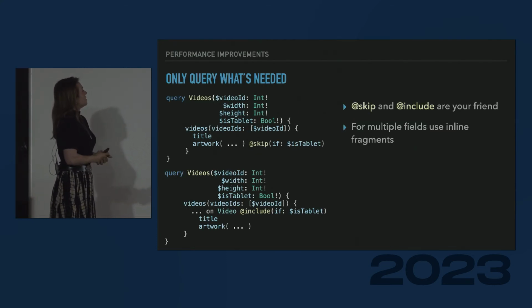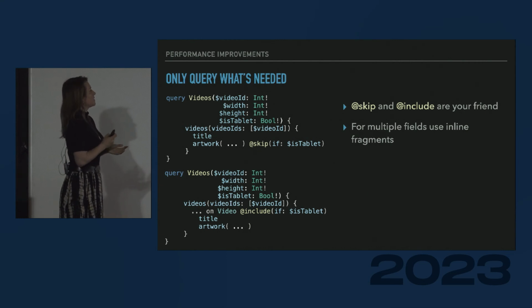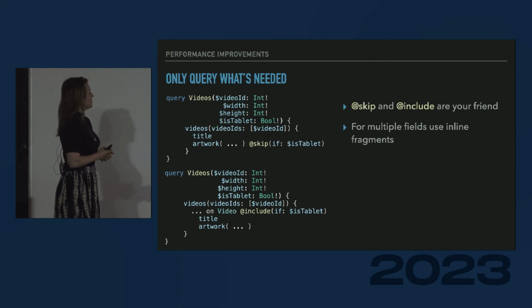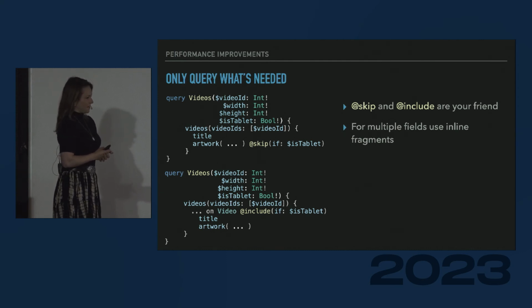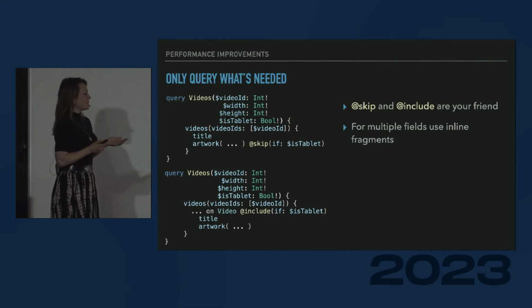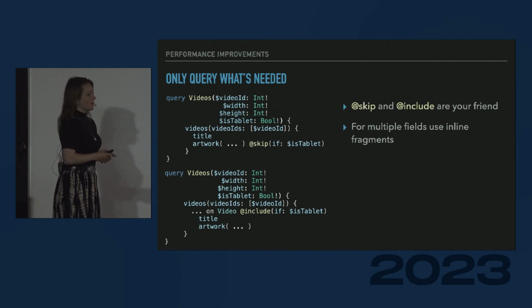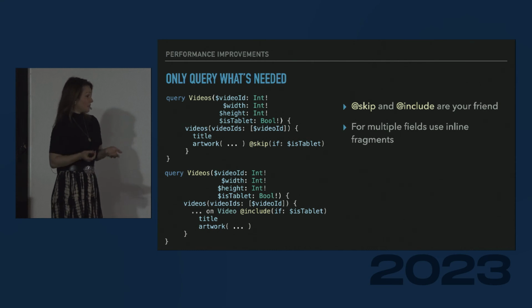Something else that you can do is only query the data that you need. So there is something called the add skip and include directive, which lets you include or skip certain fields depending on a parameter. This is very, very handy if you're running your code, obviously, on iPhone and iPad, but I've also learned that some companies are sharing their queries cross-platform. So they might have someone write it on iOS and then somebody on Android is using it and just generating that code.